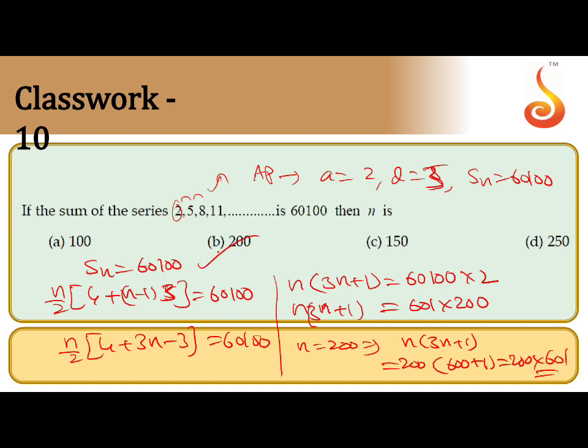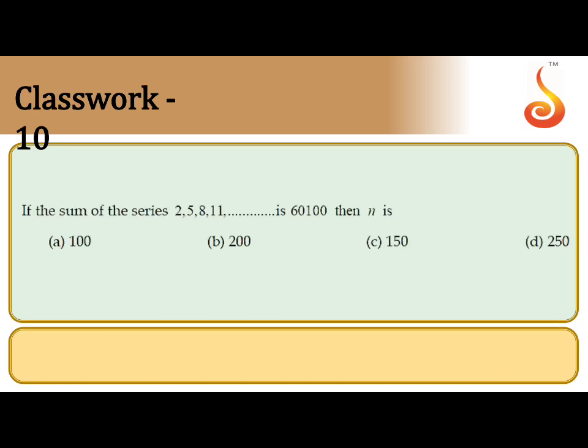So now when you're solving a question, always look at the options, because there is a big expression. How to simplify the big expression? The verification method is easy for us. Okay, I hope you understand. It is an AP, a is 2 and d is 3, not 5. Sn is given. You have to find the value of n. That is the data here. So now you can take Sn and solve for n, and finally you get a big expression. Go for the verification method. If you take 100 into 301, that does not give this one. So I hope this is clear. Next, check the answer. Option B is correct only.